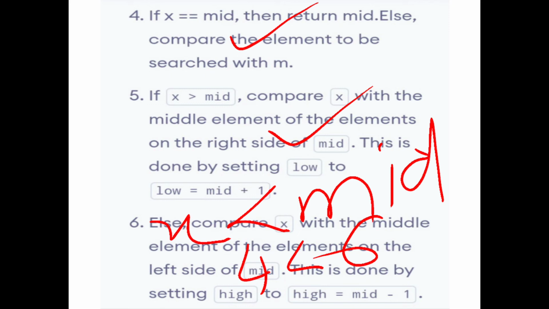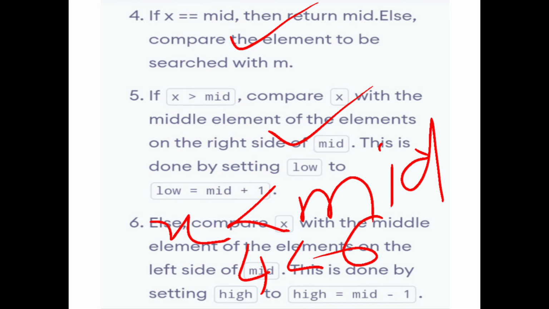So these are the three main conditions followed by the binary searching process. Very important concept. Key element is exactly equal to the mid position. Key element is greater than the mid position. Key element is less than the mid position. If x is exactly equal to the mid position, we return the element's position, that means we found that element.